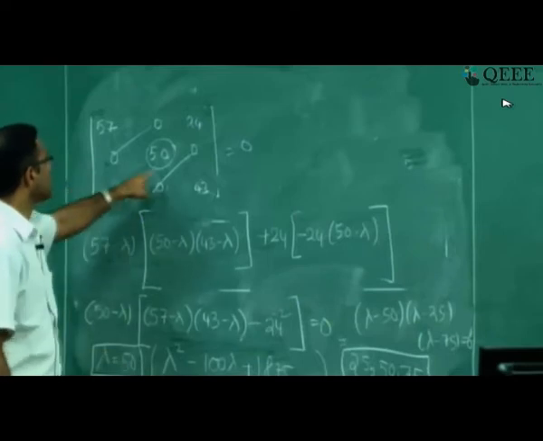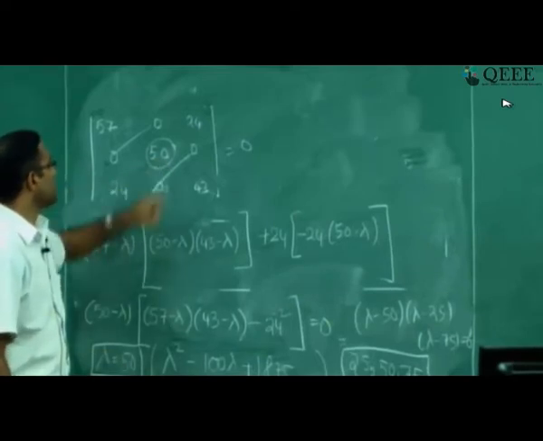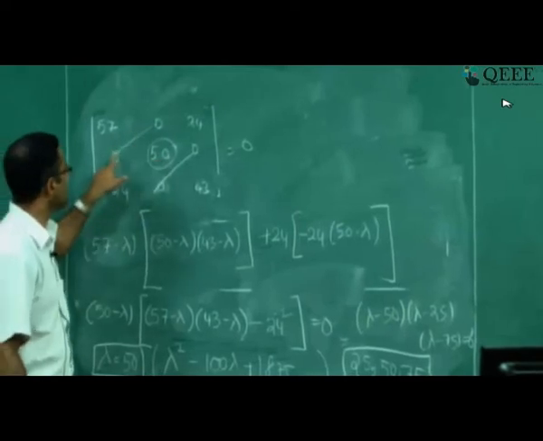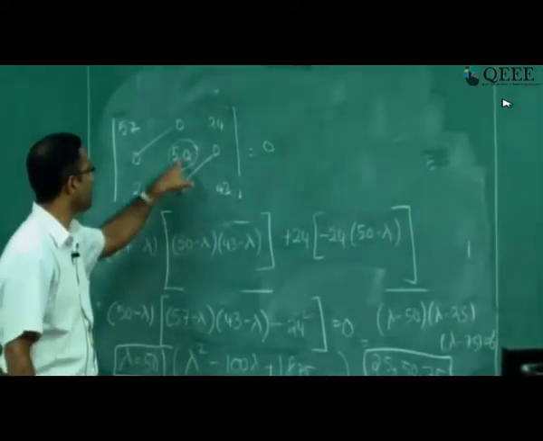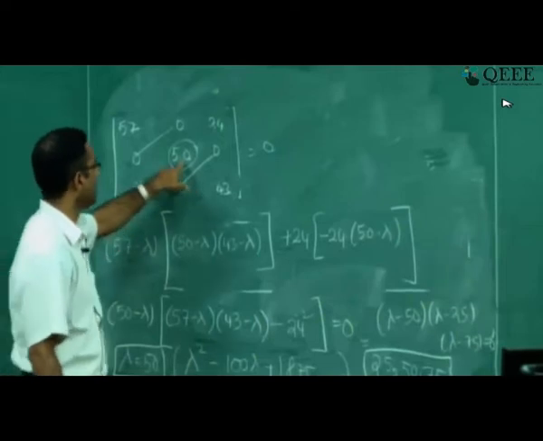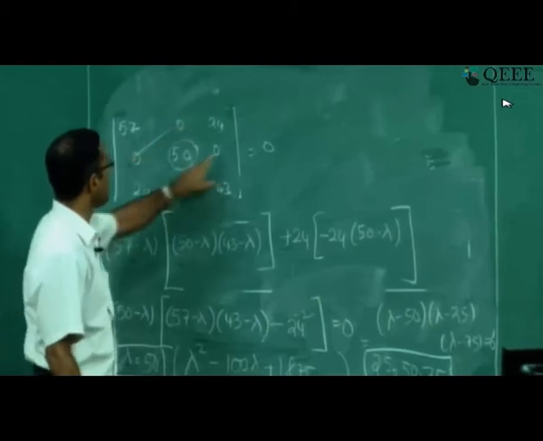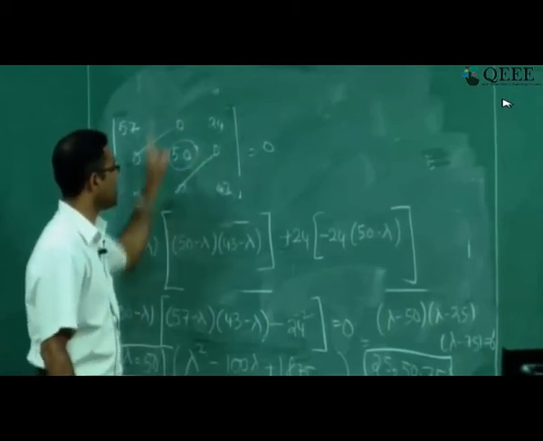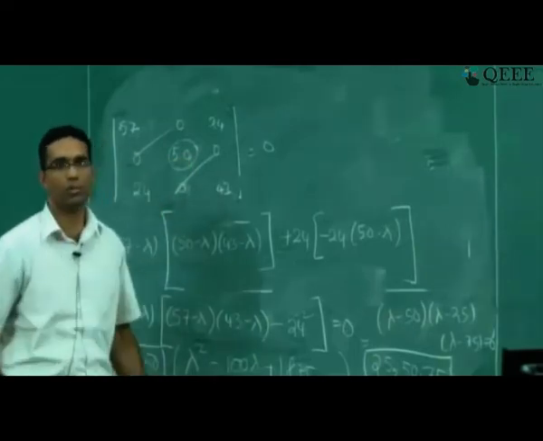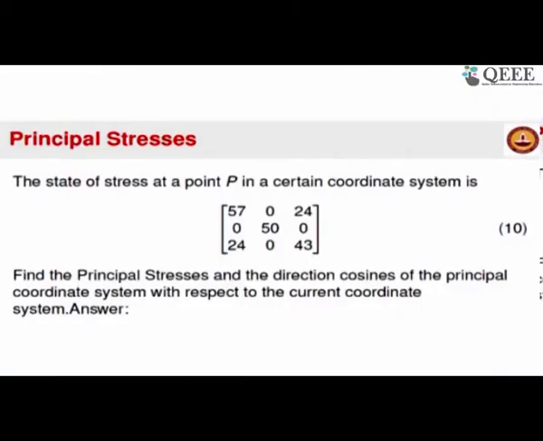So in this case, it so happens that 50 is a principal stress simply because the shear components in that particular plane, this is the 2 plane, in the 2 direction it has some value, but 1, 2, 2, 3, the shear stresses that may act in the 2 plane are all 0. So basically 50 has to be a principal stress. And the other principal stresses are 25 and 75, which you will have to find out using the procedure that I just discussed. So as a recap of what we have been trying to do,